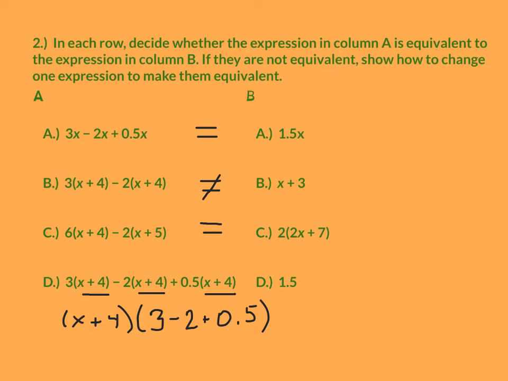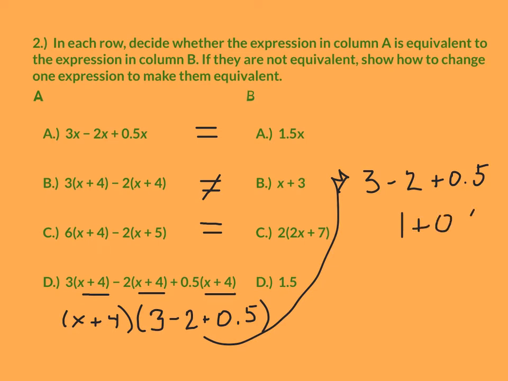Okay, so I'm actually going to bring this right up here. If I've got 3 minus 2 plus 0.5, 3 minus 2 is 1, plus 0.5 is 1.5, which is what we have here,